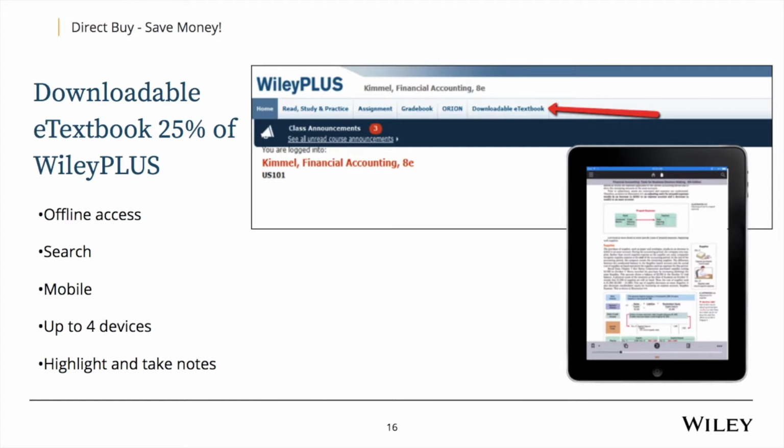A great feature of WileyPLUS is to have a downloadable e-textbook. What this allows you to do, the perks of this, are that you are able to have offline access, so after you download the textbook, you do not need internet access to go onto the book. Another great feature of the textbook is that there is a search feature, so this will allow you to use keywords or key concepts, and it will quickly allow you to navigate throughout the textbook, quicker than if you had